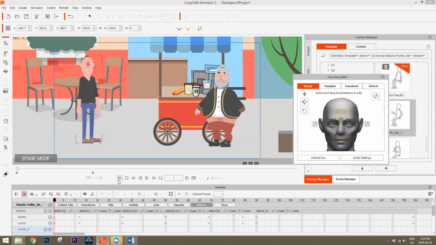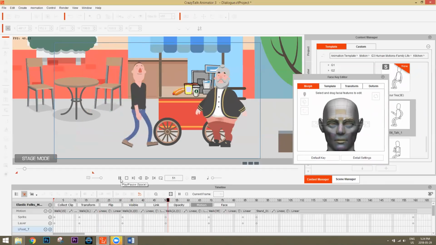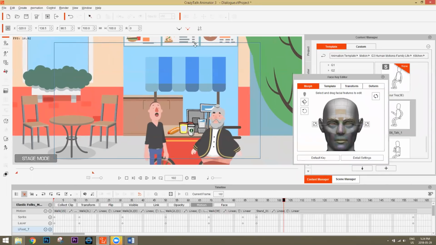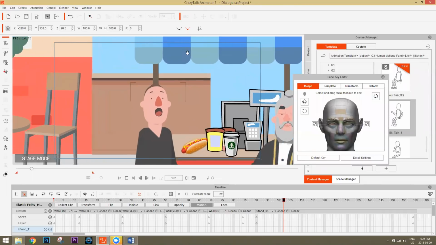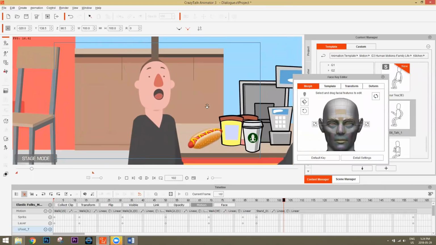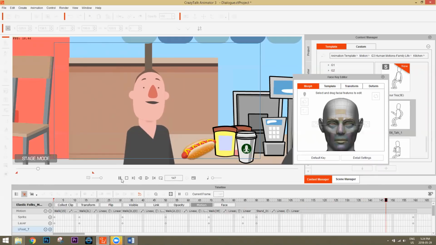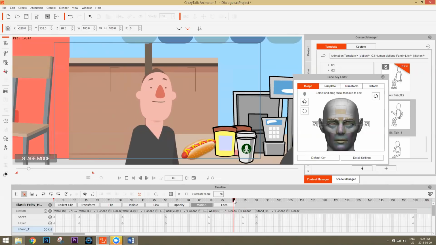Let's go ahead and play back. Okay, so when he sees our vendor, there's a couple things we can do here. Let's zoom in on his face. You'll notice that he has the kind of silly, regular neutral expression on his face. If I play this part back here. Hey, hello, my fine hot dog vendor friend. Which is fine, but maybe you want to add a little bit more detail onto it, okay?